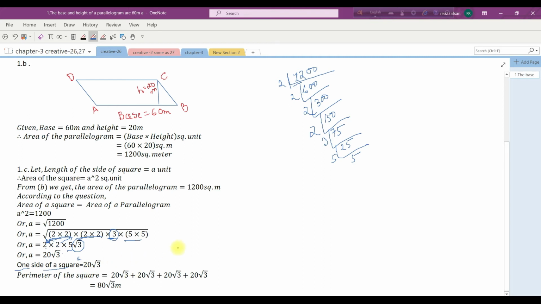Now the ultimate question was the perimeter of the square. So just think of it, what is the perimeter? Perimeter is just like the boundary of something. You have to just add the boundaries of anything. If the lengths are 2, 3, 4, 5 of a quadrilateral, you have to just add all of them, 2 plus 3 plus 4 plus 5. So the ultimate result is 14. In case of a square, it is quite easy. 2, 2, 2, 2, which is 8.